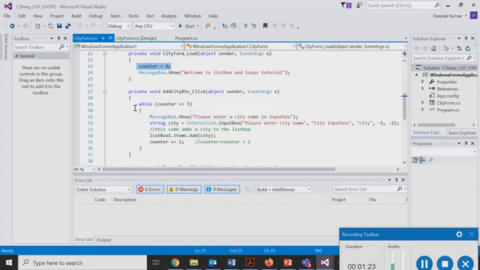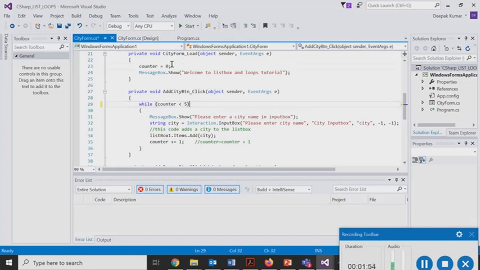and the condition that the while loop had was counter is less than equal to 5. So obviously to run it for 5 times you would remove that equal to, which is the less than and equal to comparison operator, and we'll leave it while the counter is less than 5.